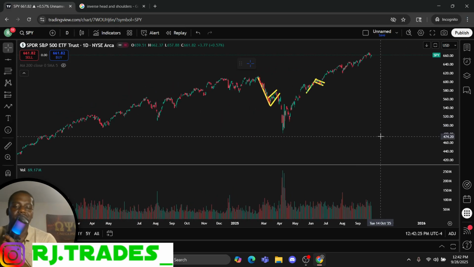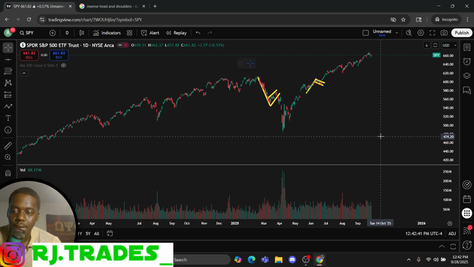That pattern doesn't really pop up nearly as much. Notice that we're focusing on the flags and pennants. Those two are the bread and butter. I'm just kind of throwing some stuff in your toolbox here at this point. Inverse head and shoulders, bullish pattern. It needs to break the neckline.